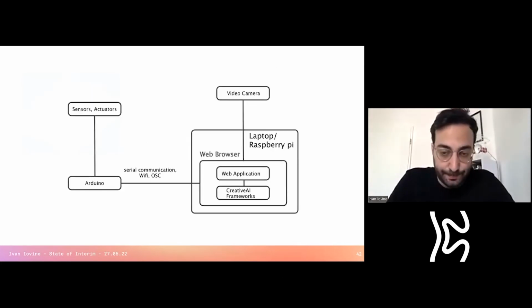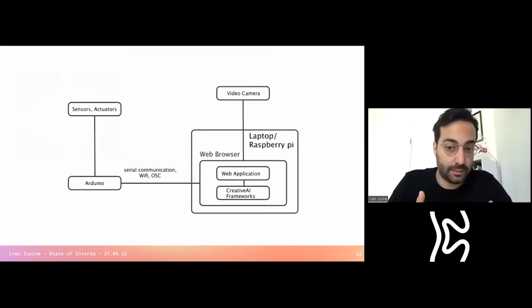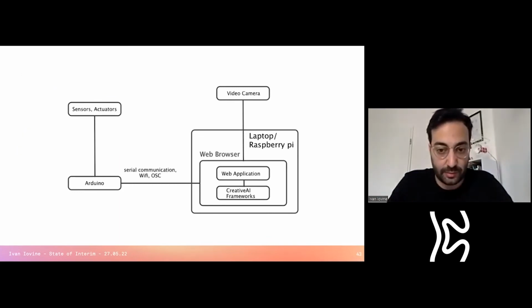So the ecosystem of using creative AI frameworks and Arduino together seems like this. I did a small diagram. So basically, I use creative AI frameworks on the web. So I have a web application, and the creative AI frameworks are embedded in my web application. So this is a web browser technology, and this web application works